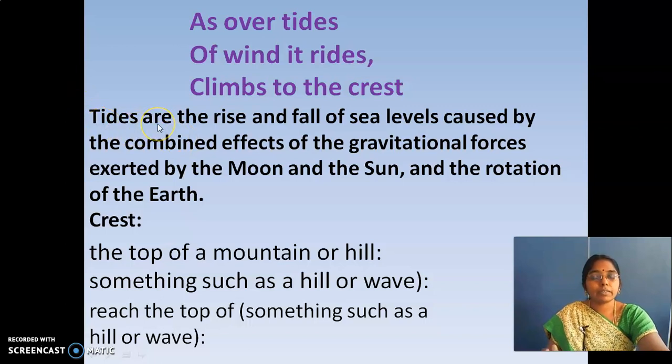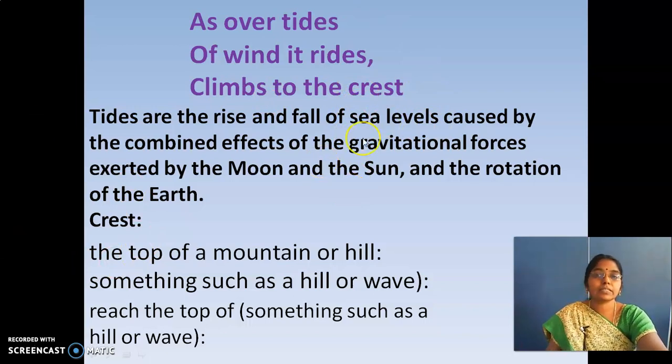Tides are the rise and fall of sea levels caused by the combined effect of gravitational forces exerted by the moon and the sun and the rotation of the earth. This is the scientific reason. Here crest represents the top of a mountain or hill, sometimes a wave. So climbs to the crest means to reach the top of the hill.